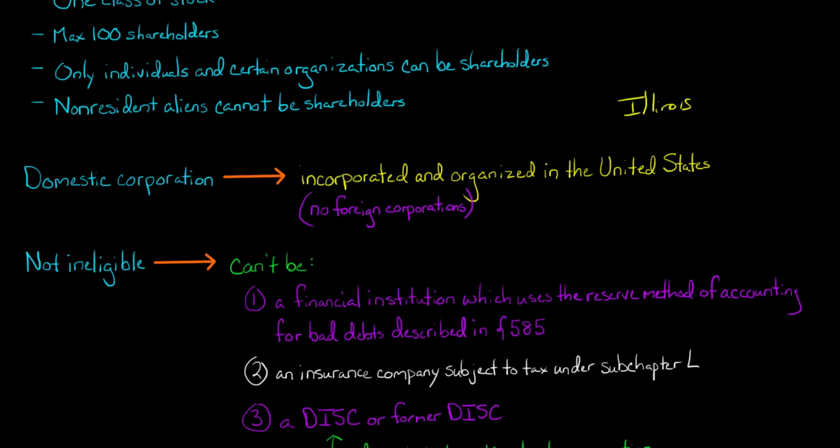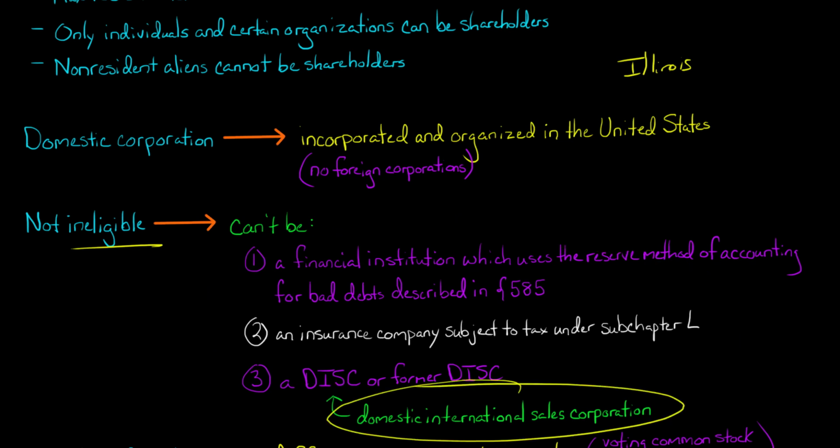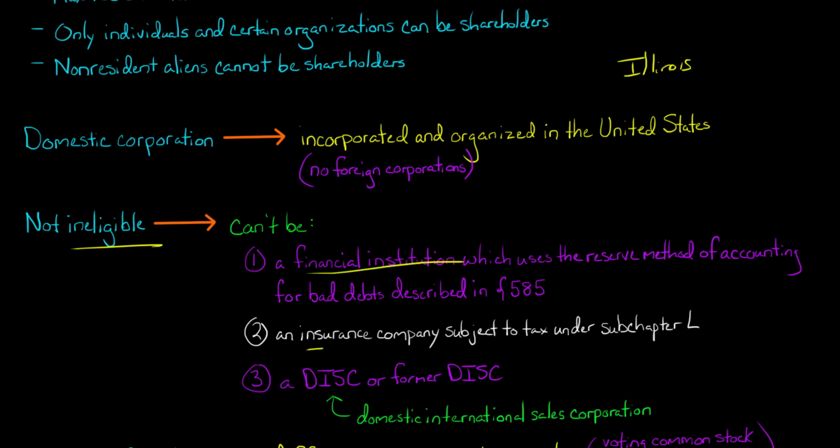Okay, the second requirement is that you are not an ineligible corporation. Some corporations are just deemed to be automatically ineligible to be an S corporation. And here are the types. So there's certain banks and insurance companies, and then also a domestic international sales corporation. So certain financial institutions, certain insurance companies, and domestic international sales corporations just cannot be an S